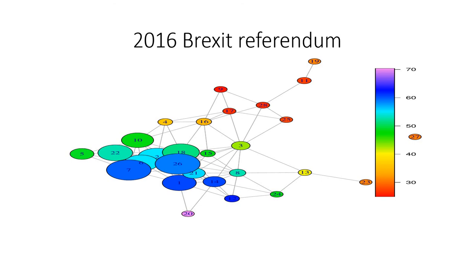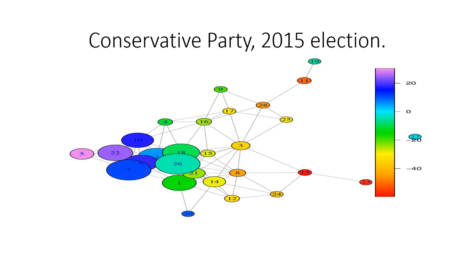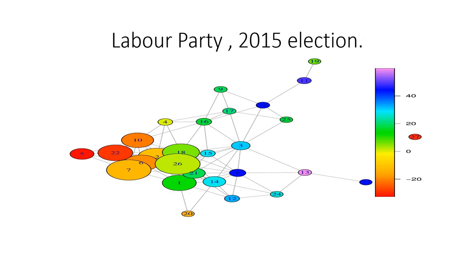Now, there's an obvious question, given the incoming elections in the UK. If, instead of plotting the result of the 2016 Brexit referendum, we plot the result of the 2015 election for the Conservative Party, we'll get a picture like this. Or for the Labour Party, we'll get a picture like that. Keep in mind that in that case, the scale is a bit different. The coloring scale is telling you how much a given party is winning or losing compared to the winner in a given constituency. Looking at that picture, we can understand better various political strategies, various political decisions.